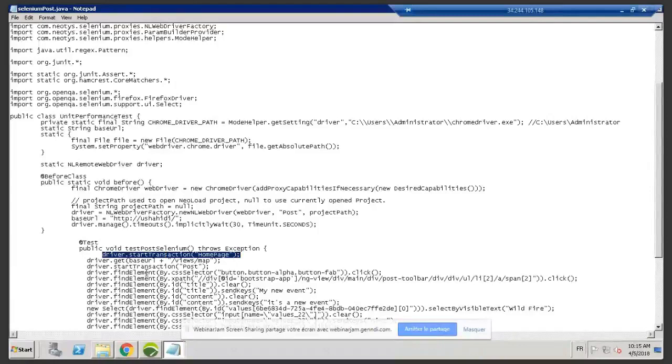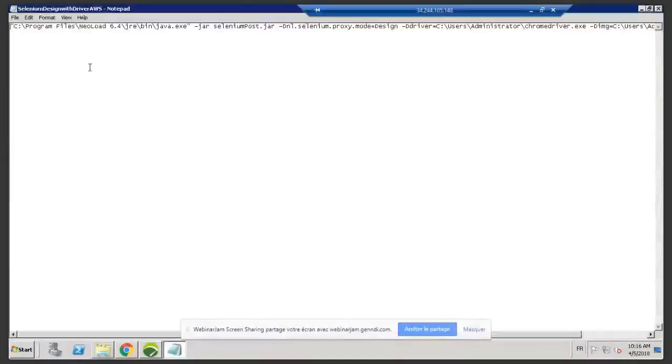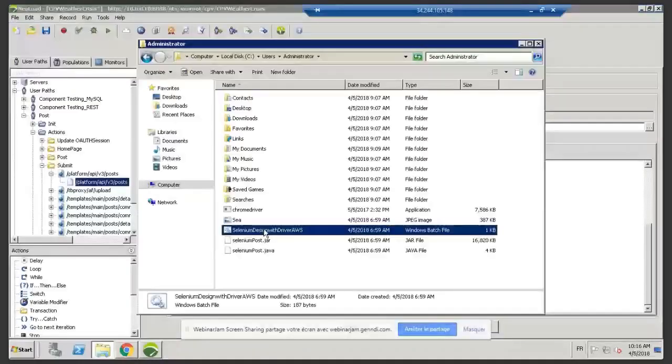So now let's execute this Selenium script. I have already a bat file that I'm going to run with the automation. It's just basically calling my Selenium scripts that have been pre-built, in the jar files. And this piece here is where I'm passing the mode of my wrapper. I'm passing design, which means it's going to convert this script. And this script, like I said, has been updated, which means it already has the features